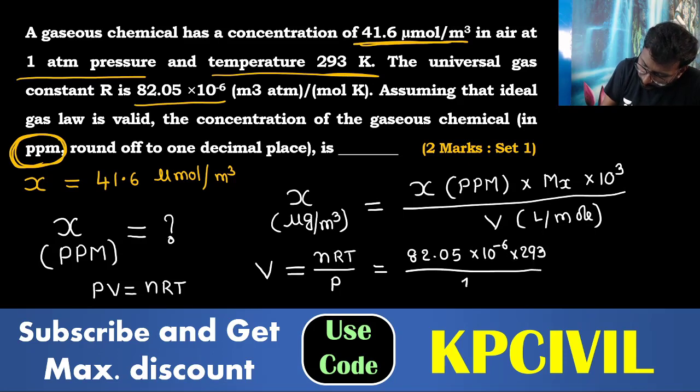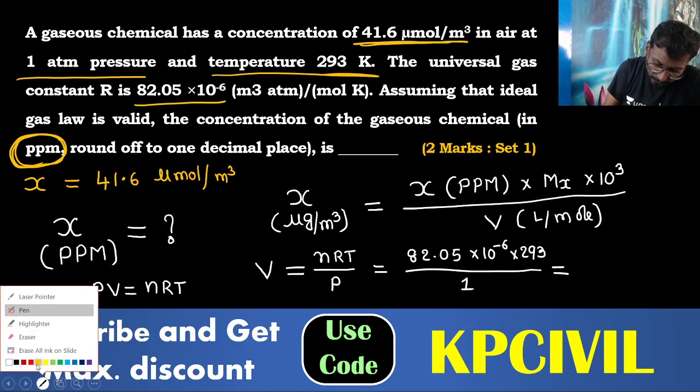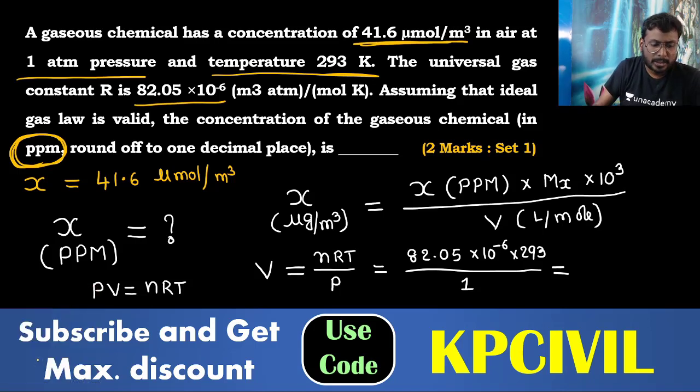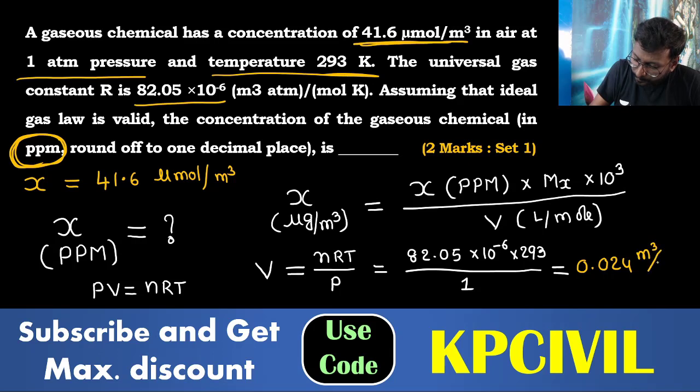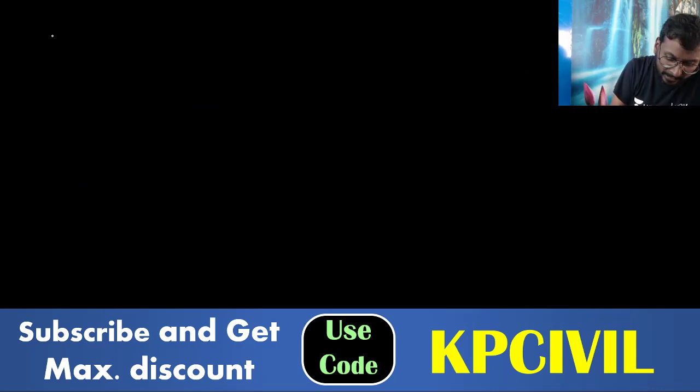293 Kelvin, pressure 1. So you will get the volume. How much volume are you getting? 0.024 meter cube per mole. Okay, volume you obtained. X required. X value is given